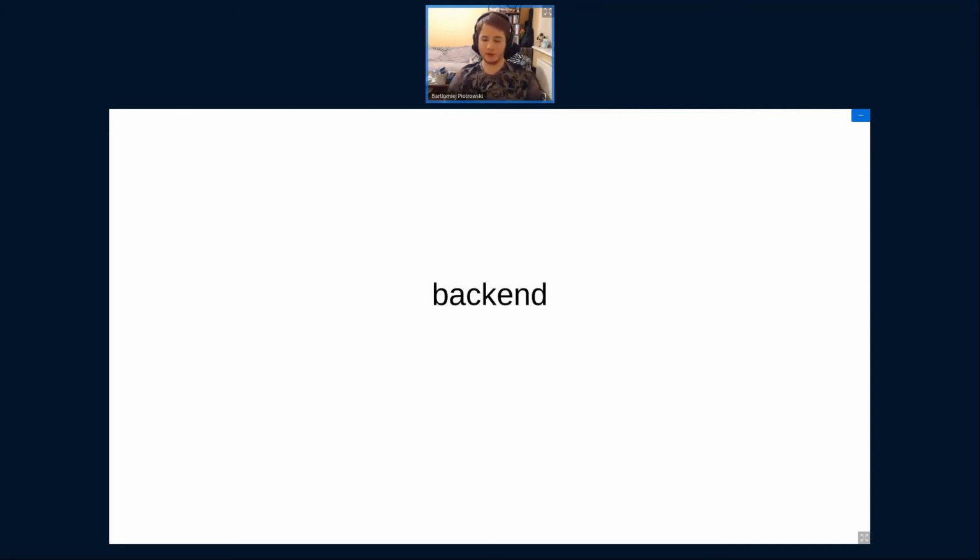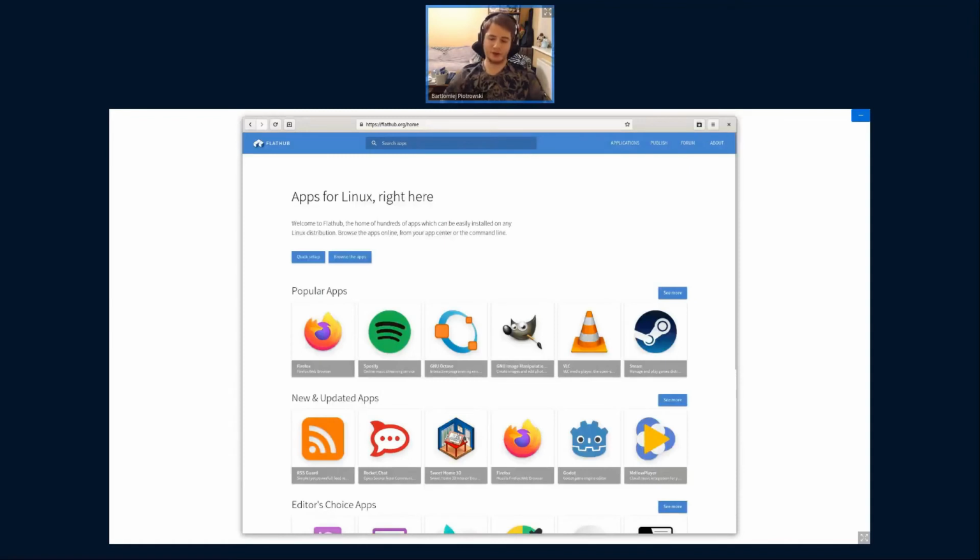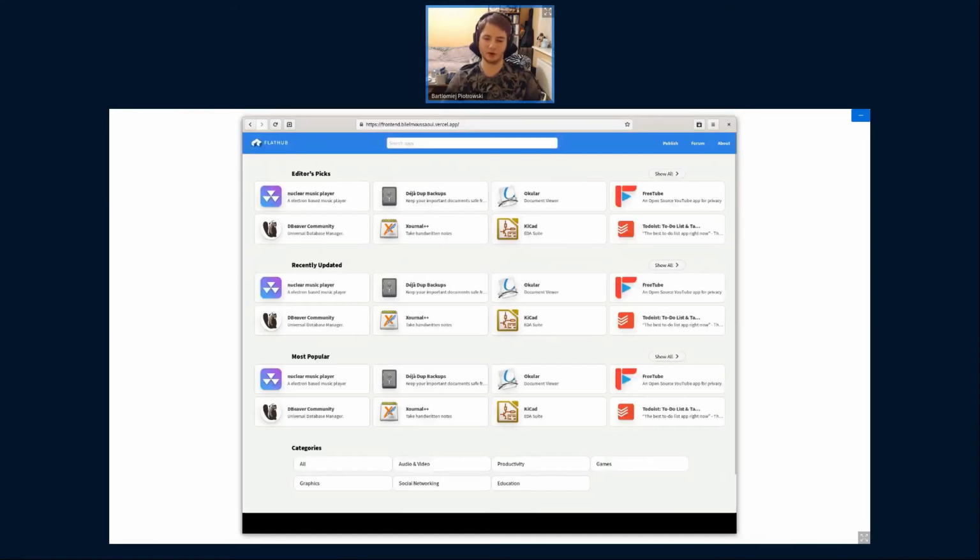The other thing is the website. Website hasn't changed much since Flathub exists, which is, again, not a terrible thing because the website itself looks great. However, it could be better. So some folks from the community are working on a new website and new design, which will look more like GNOME Software or KDE Discover.